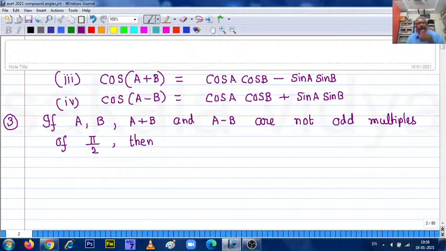Thank you Gangula. See here, what is the important thing means, A plus B, A minus B should not be